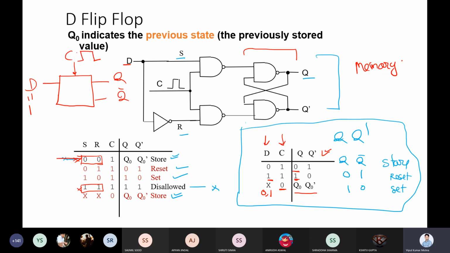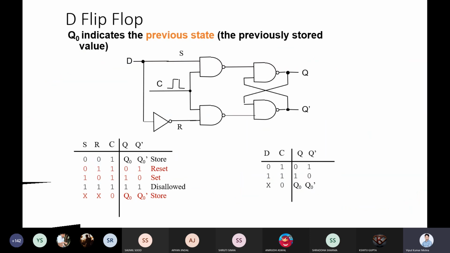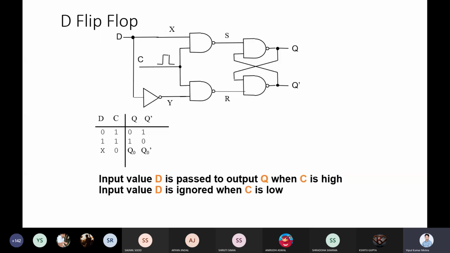But this is all about the memory cell. It is not true that we only have memory; we have many other sequential circuits. Let's say a counter, which is not only storing a value, it is counting. So let's work further and see how exactly we can utilize this SR flip-flop to do some more tasks, right?